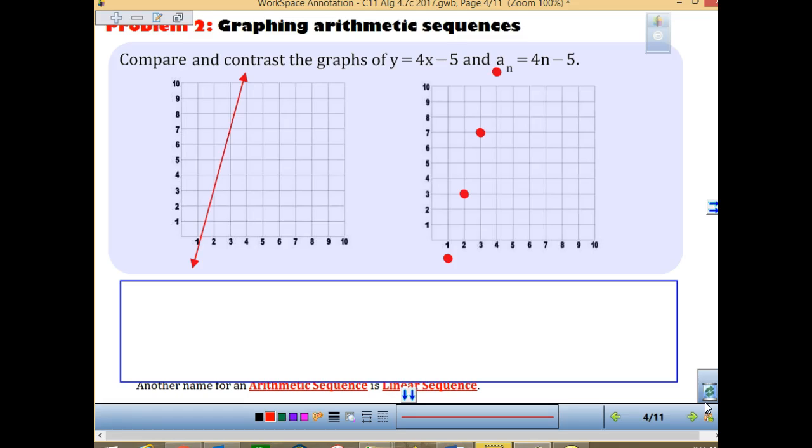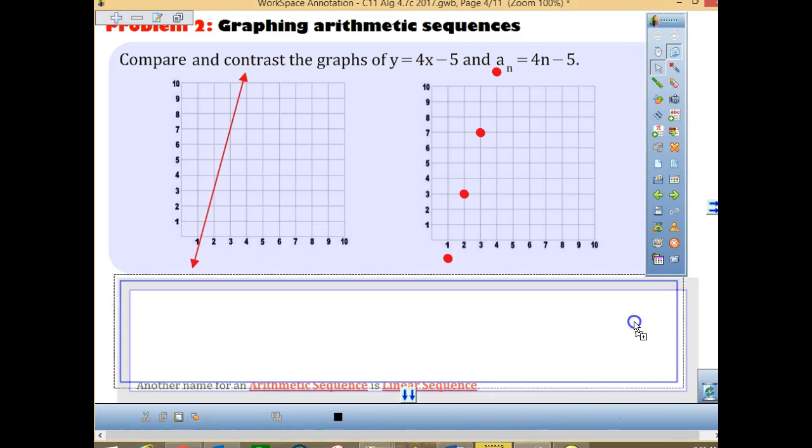We look at the two equations up above. They have the same what? Slope. Same slope. Same what else? Y-intercept. Do they have the same first term? No. So this one we didn't graph it. So when we are looking at what's the same and what's different in it, we would want to probably say,